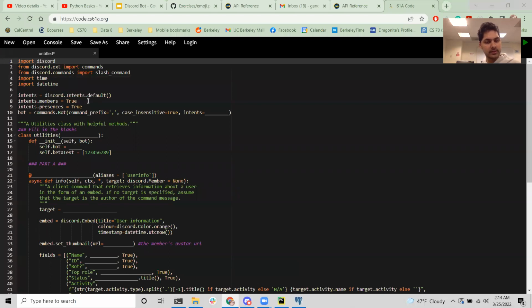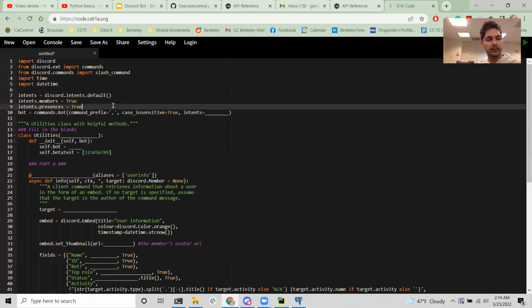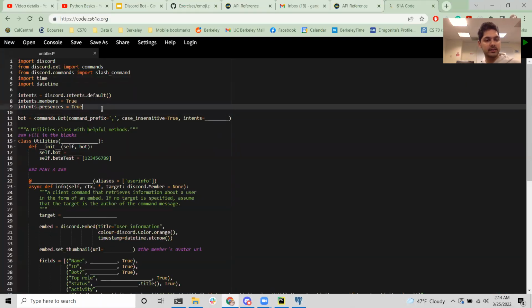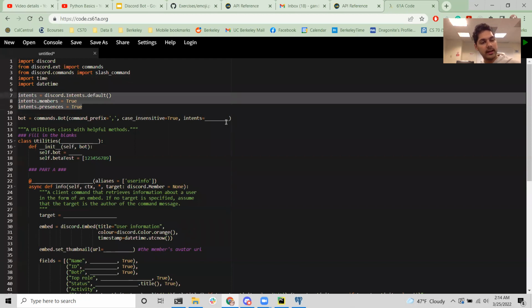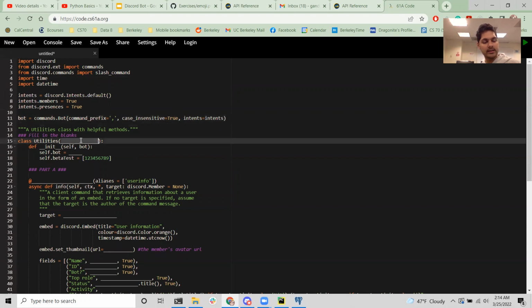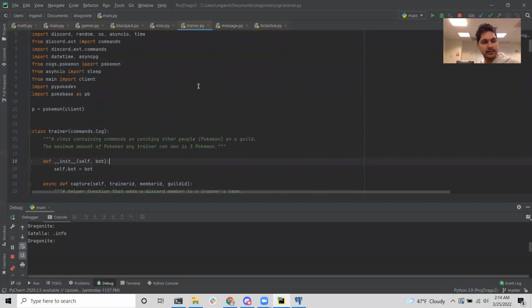Okay, so we have a lot of skeleton code. So class Utilities. We need intents for this, to know the status, like I have a status online, right? That kind of thing I need intents for. I already had this in the skeleton code: intents equals intents. Now for class Utilities, we need to put commands.Cog no matter what, I believe. Let me check what the top says.